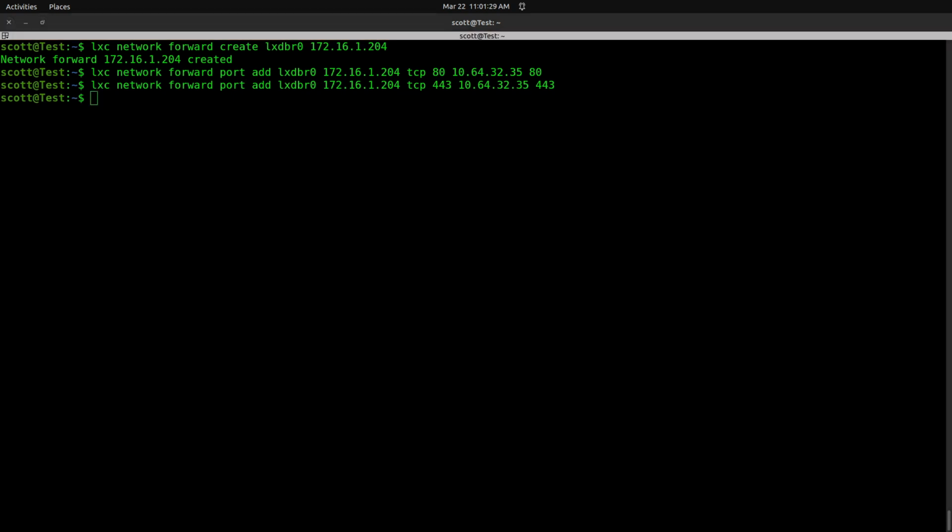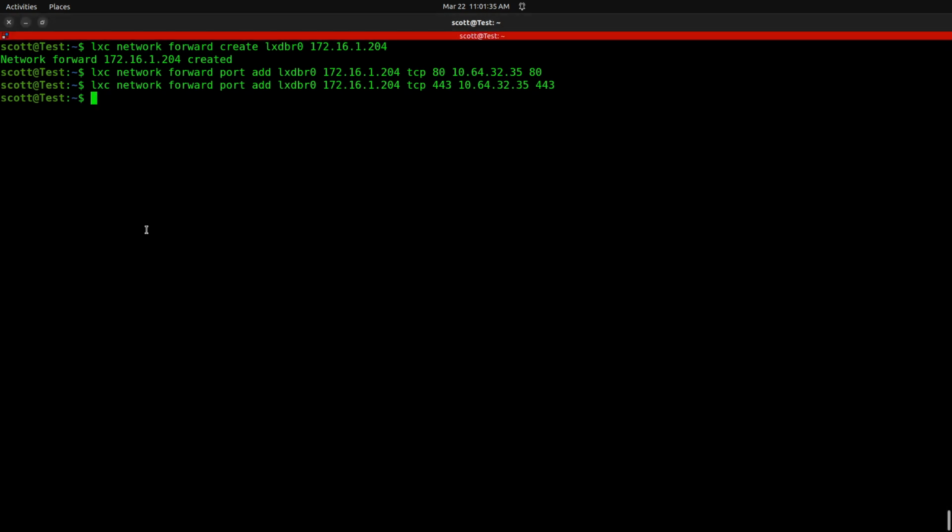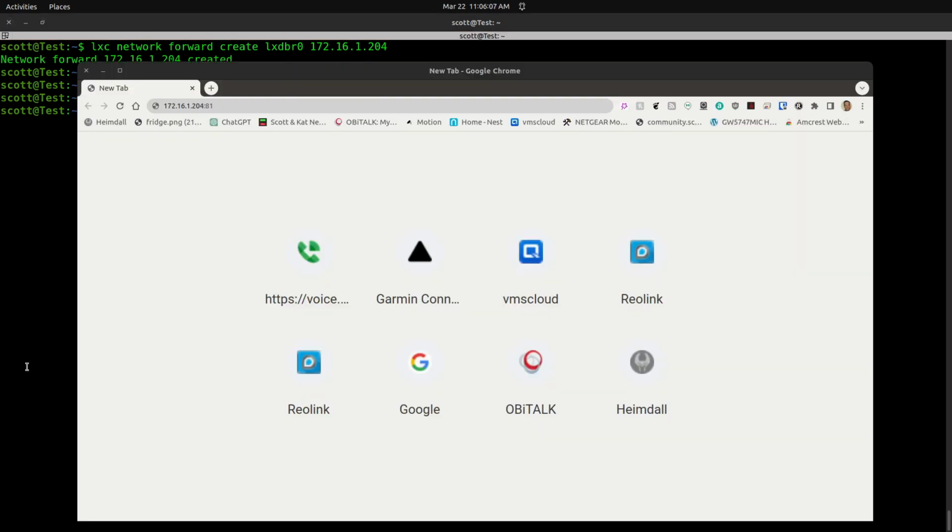And then the web interface that we need to communicate with NPM is at port 81. So we'll add a port forward for port 81 as well. Now that we have the port forwards in place for our NATed container, we go back to our web browser,